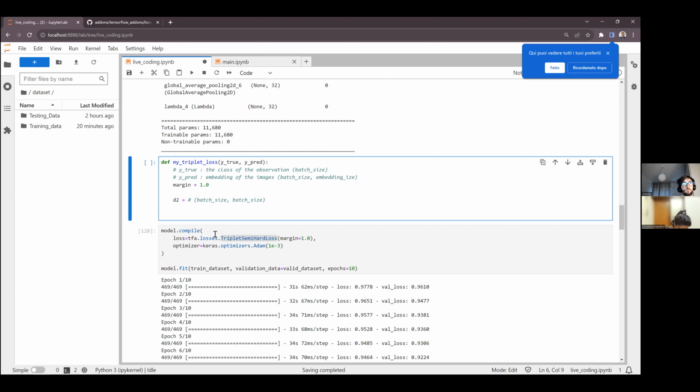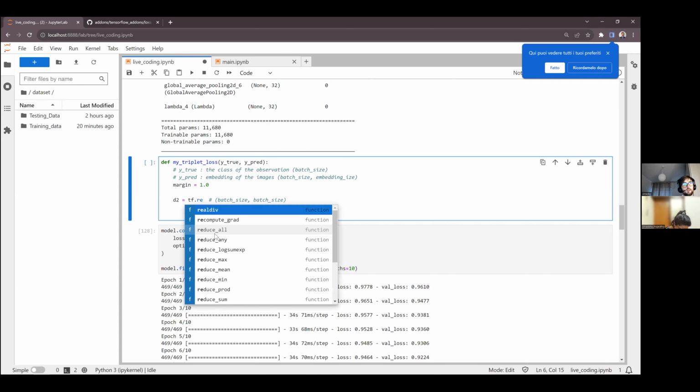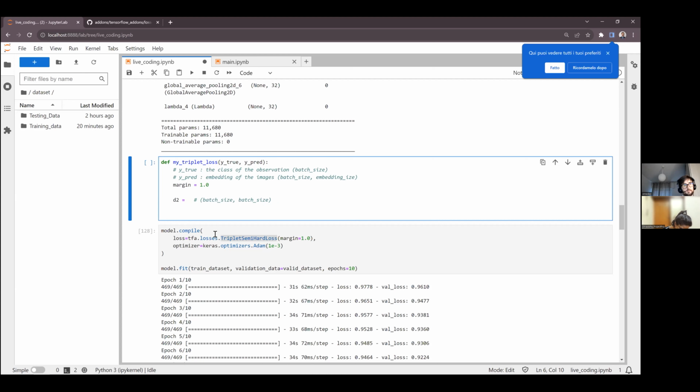What I can do is something like that. I can do it with Keras, it's better. Keras expand dims: I take the y pred and I add a dimension at the end, -1.